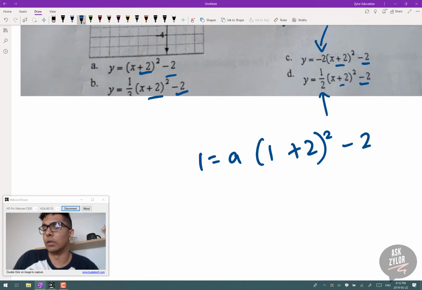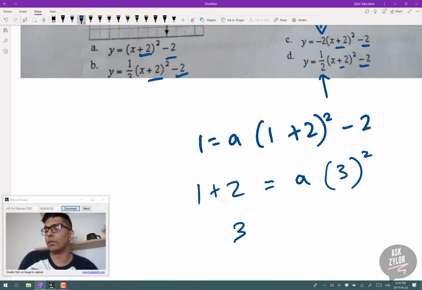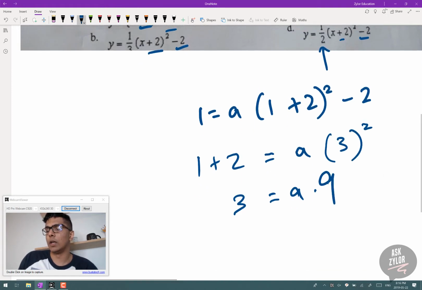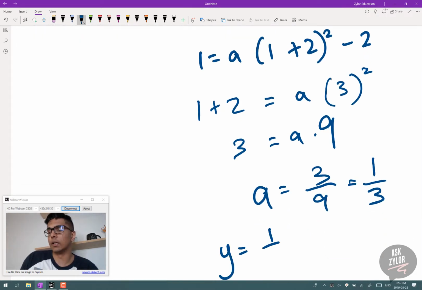So I'm going to bring the 2 to the other side. I have 1 plus 2, and then a, the inside evaluates to 3 squared. So I have 3 is equal to a times 9. Then my a value would be 3 over 9, which would simplify to 1 over 3. So my equation should look like this: 1 over 3 (x plus 2)